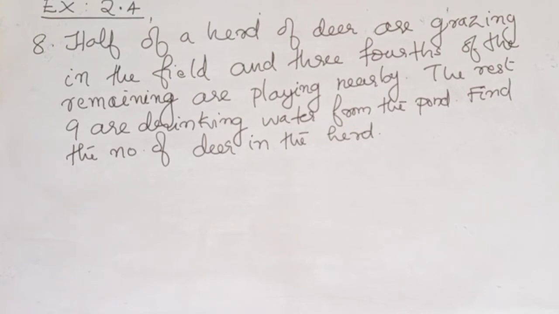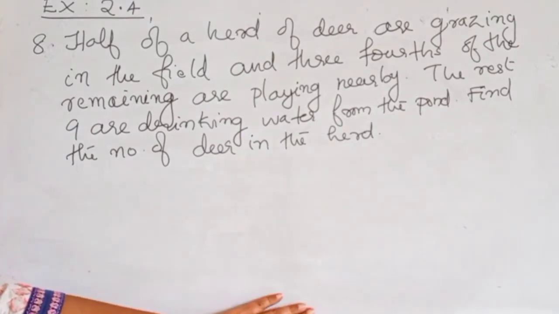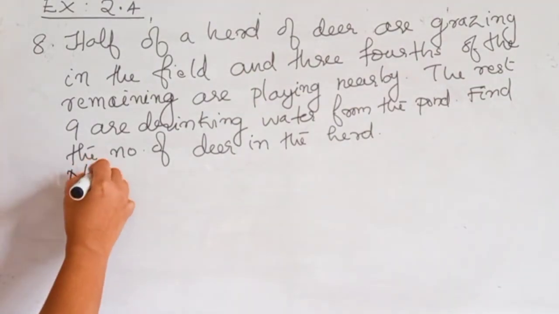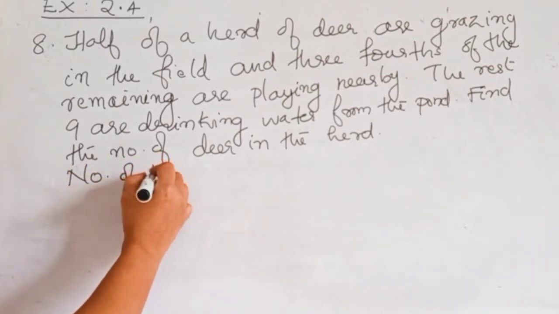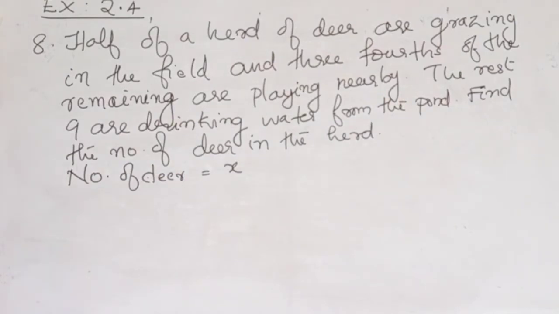Half of a herd of deer are grazing in a field and 3/4 of the remaining are playing nearby. The rest 9 are drinking water from the pond. Find the number of deer in the herd. Here we need to find the number of deer in the herd. So we are going to take it as x. Let x be the number of deer in the herd. Number of deer equal to x. Now we can see